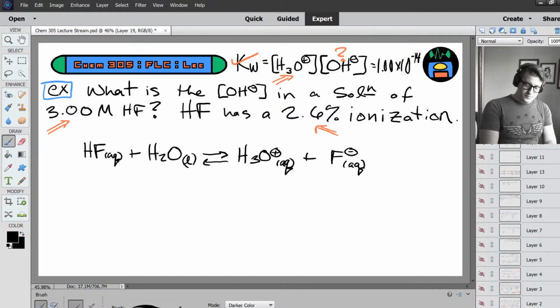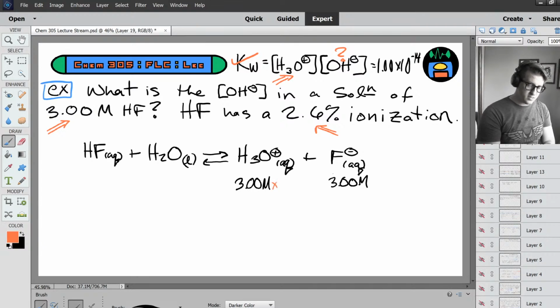Now we know that the concentration of hydrofluoric acid is going to be 3.0 molar. Actually, before we even talk about that, the concentration of our products, both fluoride and hydronium, are going to be equal to that initial molarity of HF